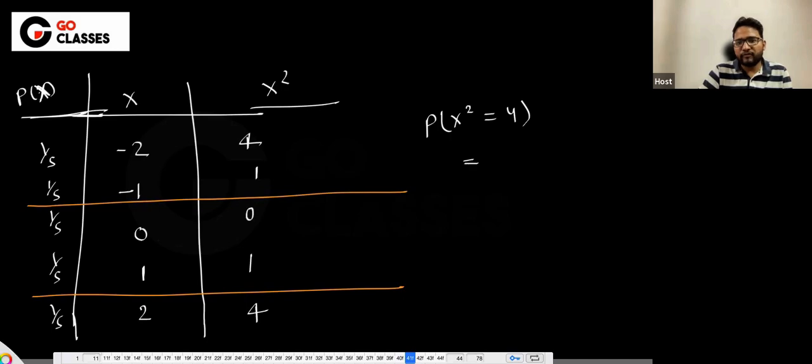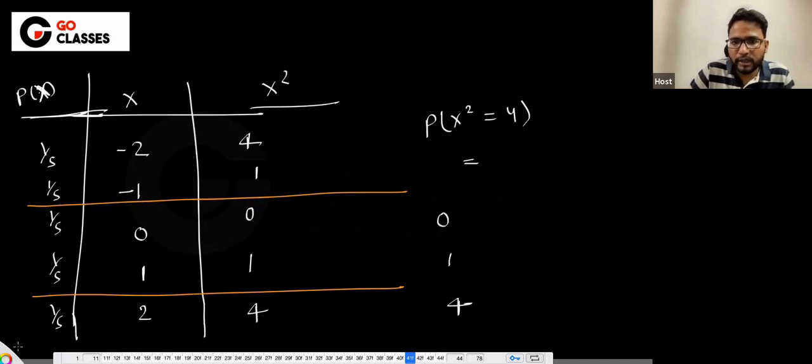Yes, it is 2 by 5. Reason being that x square will be 4. You just need to go one level down. If it is a function, you just go one level down. Just check that this 4 is getting contributed by these possible values of x square, which are 0,